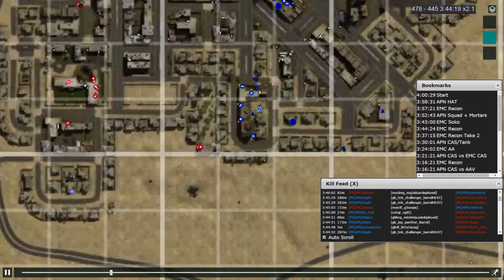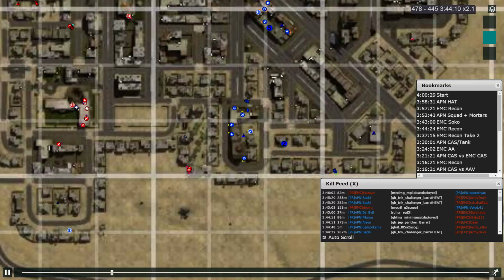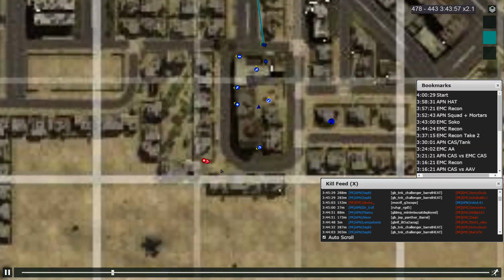Now we have EMC Recon. They eventually divide into fire teams of 2, even though at some points they have 3 guys moving together. Now right here we have 2. They're trying to flank this fire base, but they get noticed right away, at least by one of the elements